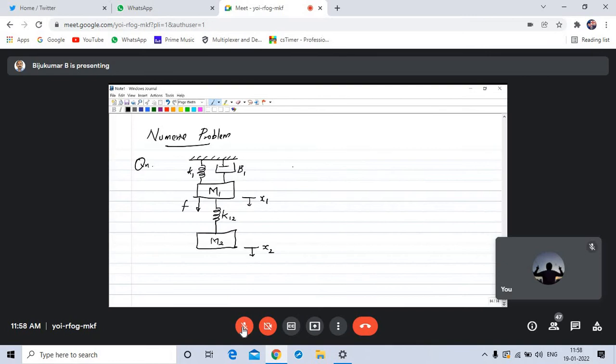The question is, we have to form force voltage and force current analogy. So how will you form? I have the mechanical system, corresponding force voltage, force current analogy I have to apply. Right. So for that, first we have to do is,